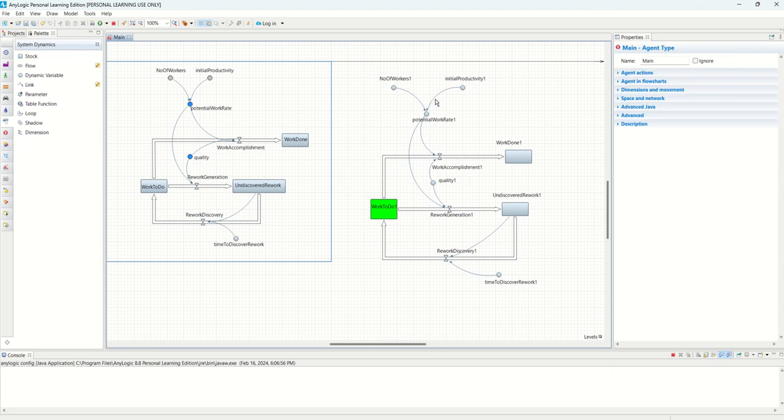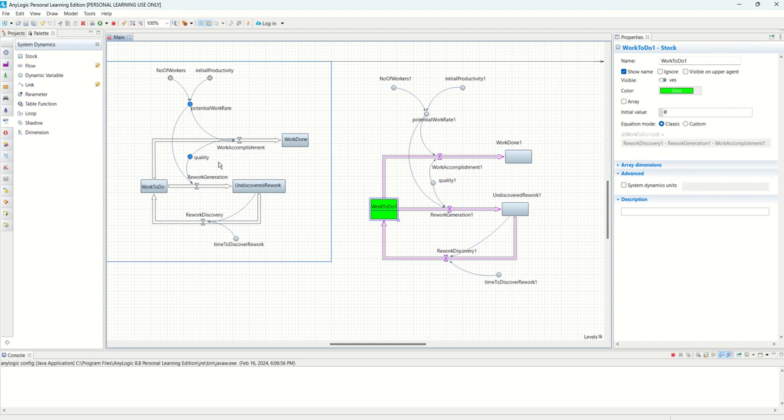Okay, so now this is the model. This is the model, so all we have to do is run it. Initial value, you always have to give this an initial value. That's 100. But also, in this case, it's not only 100. You have to have the rework discovery, right? So if you click it here,